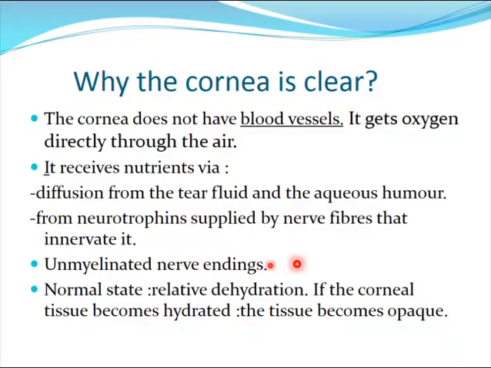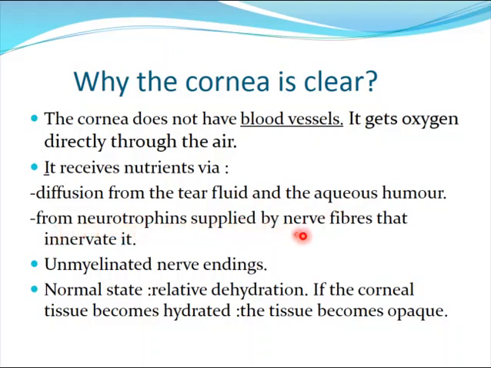نجي لسؤالنا المعتاد اللي قلنا عليه الكلاسيكي اللي هي why the cornea is clear, why the cornea is transparent. The cornea is transparent because it does not have blood vessels, avascular. It gets its oxygen directly through the air. It receives nutrients via diffusion from the tear fluid and aqueous humor, and from